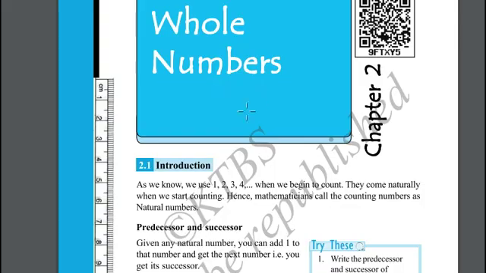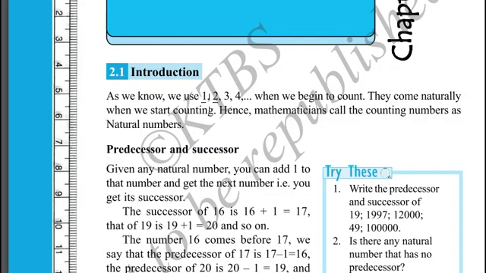Whole numbers. We use numbers starting with 1, 2, 3, 4, 5, 6, 7, 8 and so on to count because they come naturally. Mathematicians call these natural numbers. We don't call 0 a natural number, because we invented 0 for our calculations. Generally, in nature, we don't see 0.